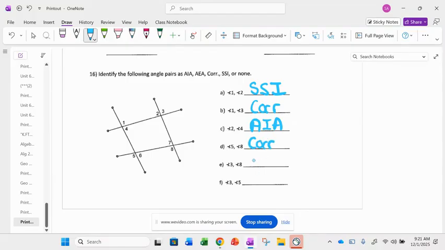Leilani, what kinds of angles are 3 and 8? 3 and 8? Wait. Yeah, I don't see a Z. Do you see a Z? No, alternate exterior. There you go. Luciana, what kinds of angles are 3 and 5? None. Good. There's no common line, so these are none. Very good. All right, we are done for